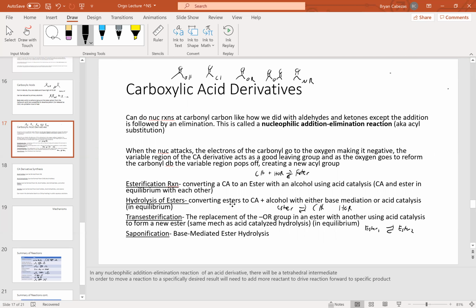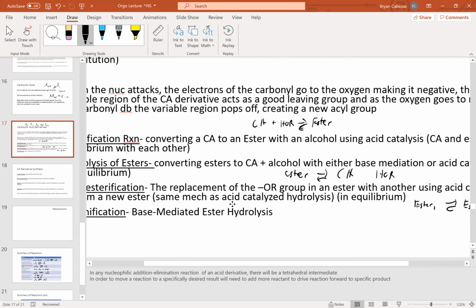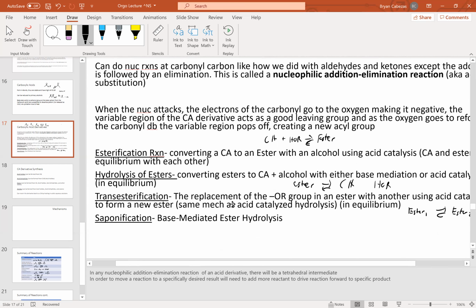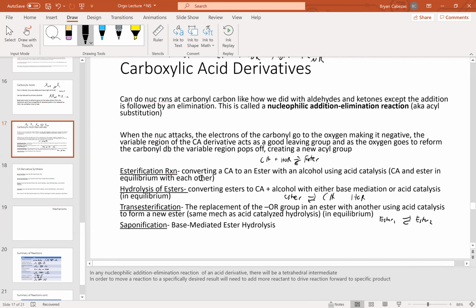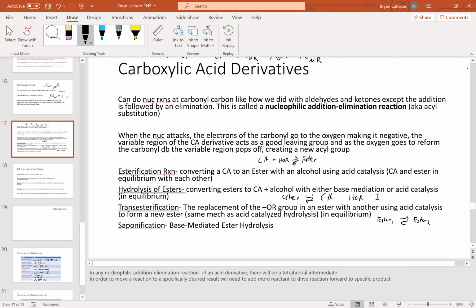The saponification reaction, however, is not a reaction that is reversible. What it is, it's base-mediated ester hydrolysis, right? So for the hydrolysis of esters, you usually have acid catalysis. The acid catalysis would be the one that is in equilibrium. The base-mediated reaction, aka the saponification,